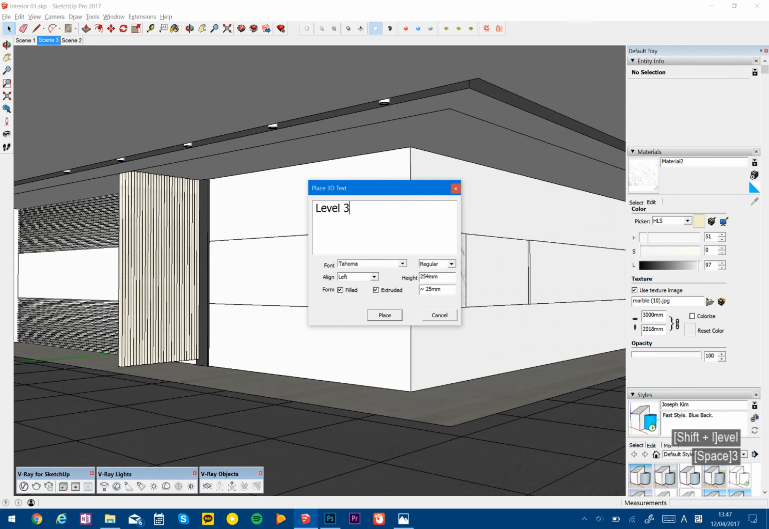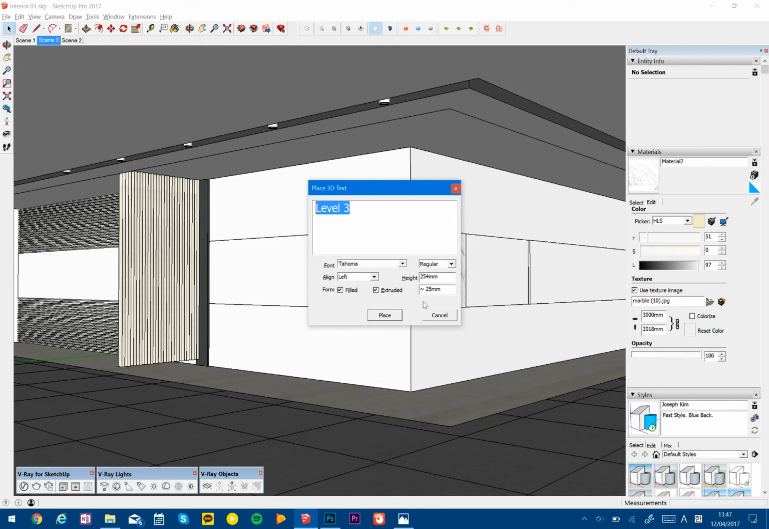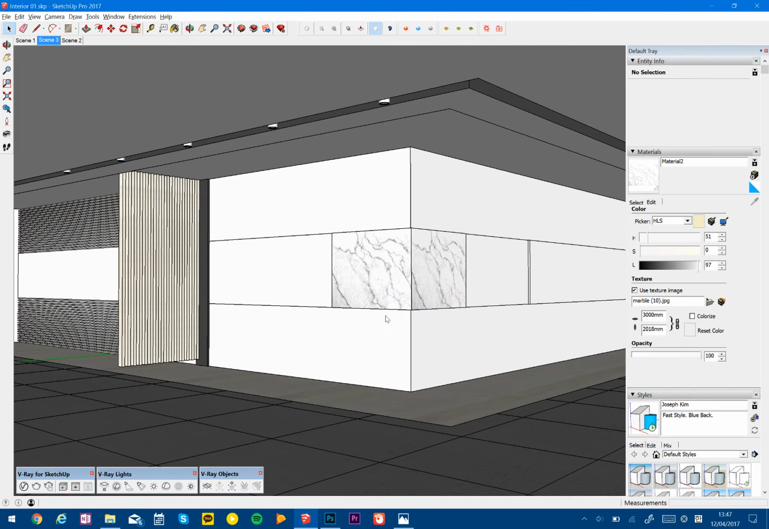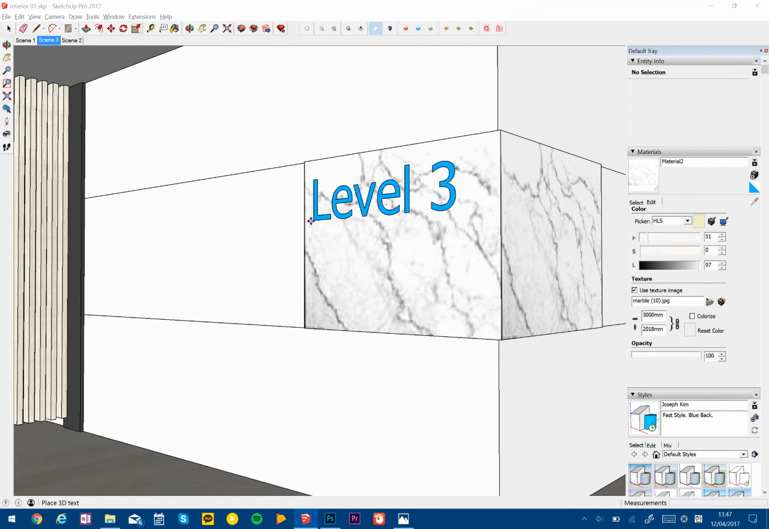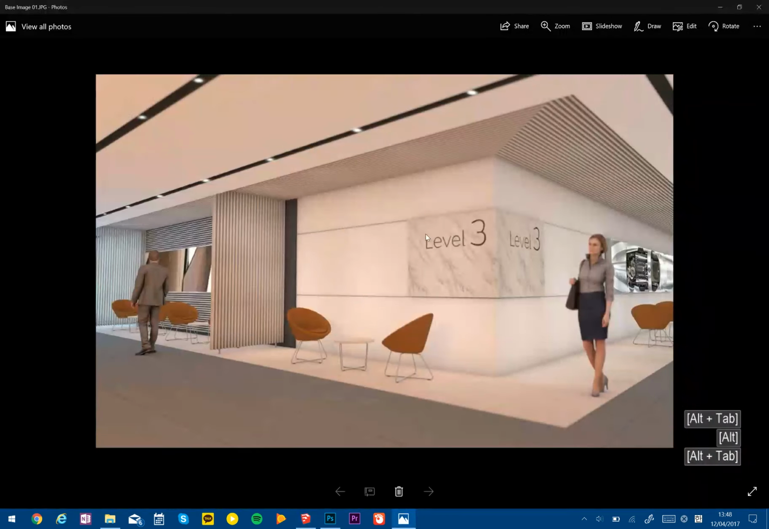Level 3. Is that how it's written? Yeah, pretty similar. You can uncheck Extruded, so that it's not actually extruded out, but it is a model or vector. So level 3,